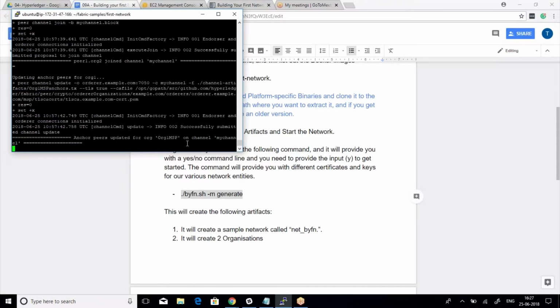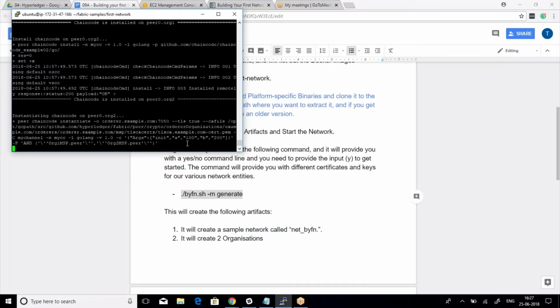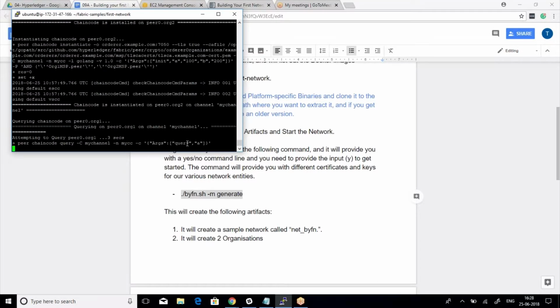In addition to that, it will also create an anchor peer, and as we have discussed earlier, the anchor peer is the main entity who initiates the complete network. For this network, we are the anchor peer as we are running it, and it will also create a chain code for the peers which we are going to run. Chain code is basically your software code, which is going to change the state of the blockchain. Our command does the process of initializing the chain code on every node and then instantiating everything along with queries